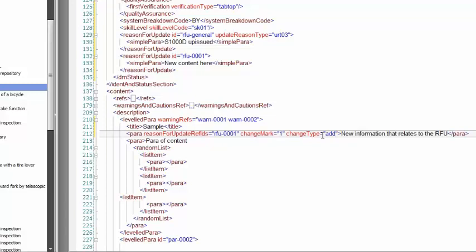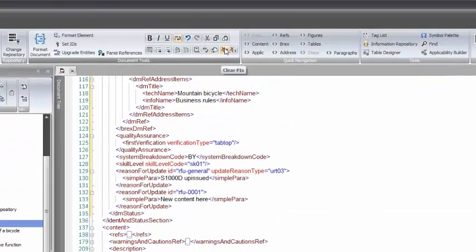If this was then, let's jump forward, we've updated and this has been issued to the customer. We now want to go through and clear all of that change markup before we start to make the next round of changes. So with that, we have our clear change here on our toolbar, and if I select that,